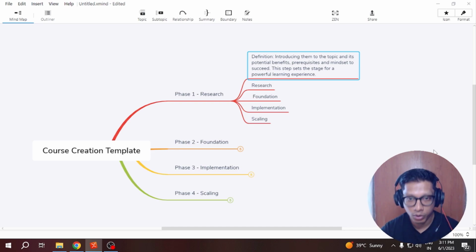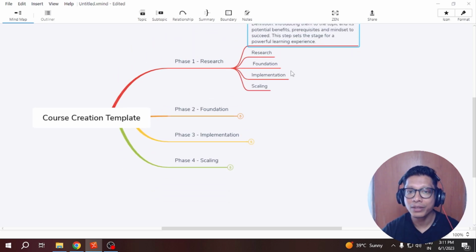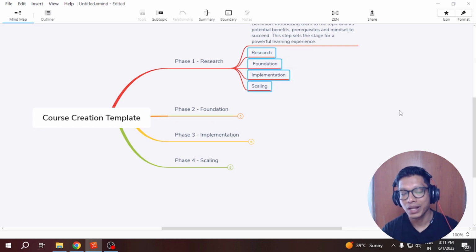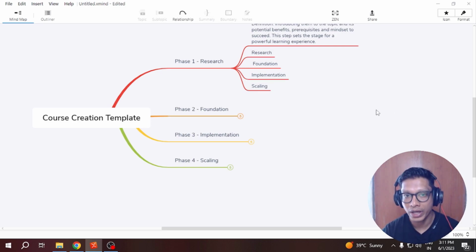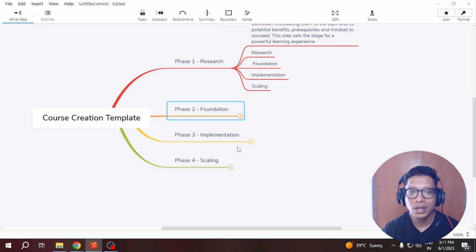thing is all about. Okay, so this is the research part, and here you will collect all that information and let them know how it's going to work, what kind of mindset, mentality they need to have, and all those things. Okay, then I'll explain to you all these parts later on, how you can structure it even more, and I'll show you the exact example of how I created the course, and that's where you will get more idea about it. Okay, now the second part is all about foundation.